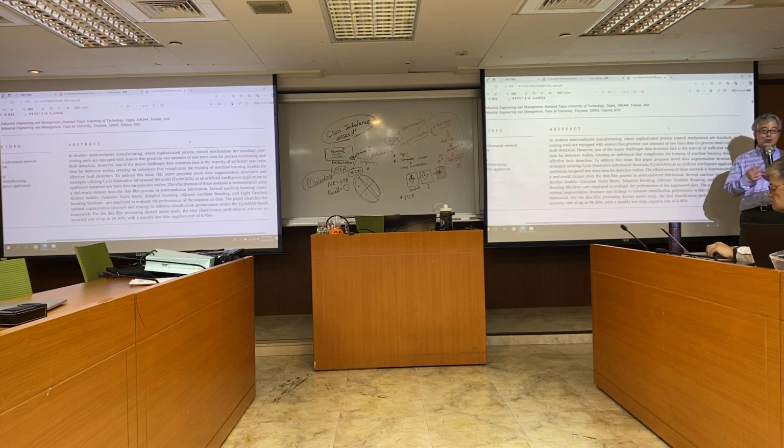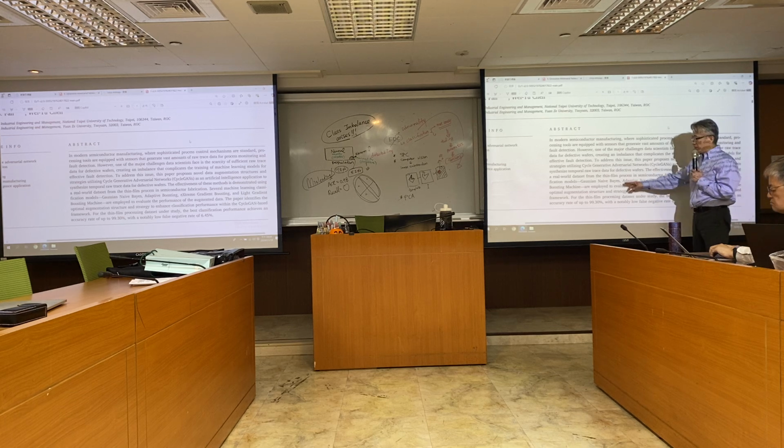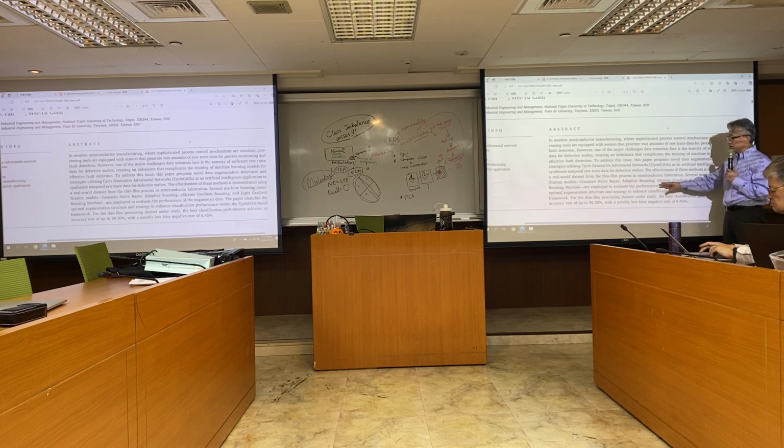And we use the multiplication of the marginal distributions to represent the multivariate probability density function. This is the Gaussian naive Bayes. This is quite straightforward. And adaptive boosting,